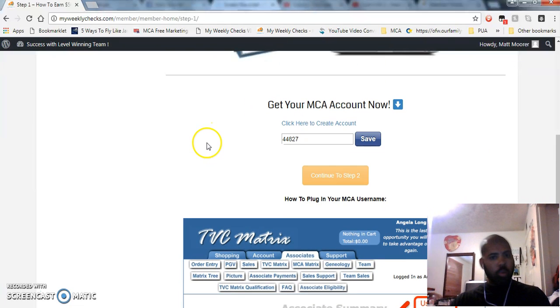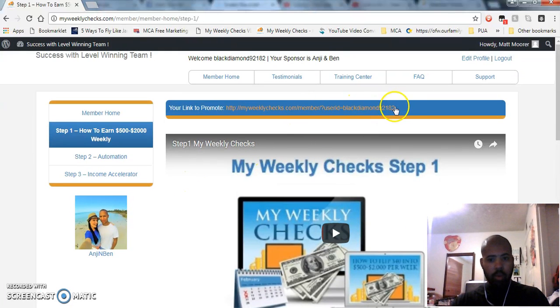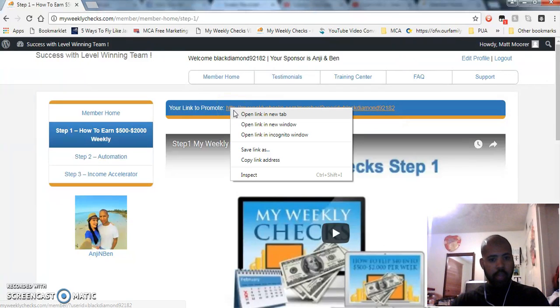The reason why this is so important, guys, is because once you put something in this box and you click save, then you cannot save anything else in that box, okay? It's going to break the code, which means you have to create an entirely new My Weekly Checks account with a brand new email address, okay? So just make sure that whatever you're putting in this box right here is the correct MCA referral code, okay? And you can test that by taking this link right here, follow this link,